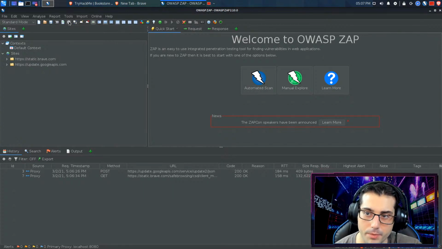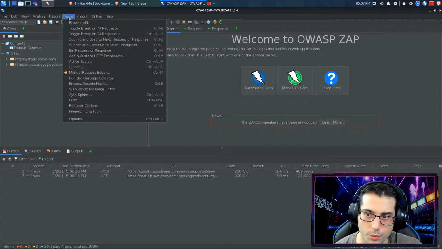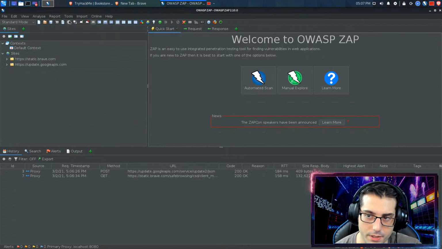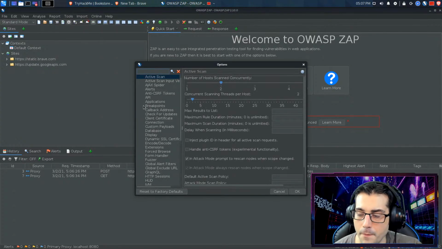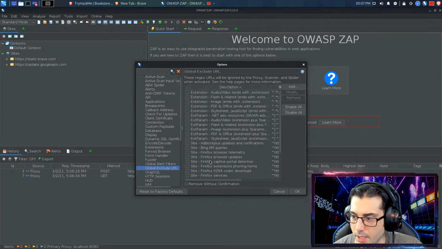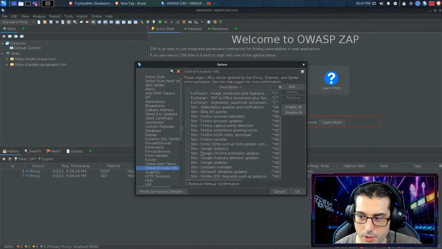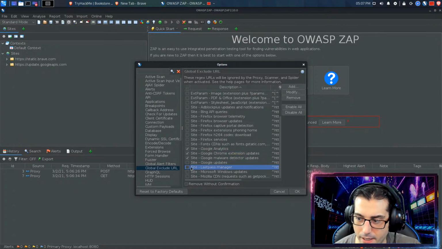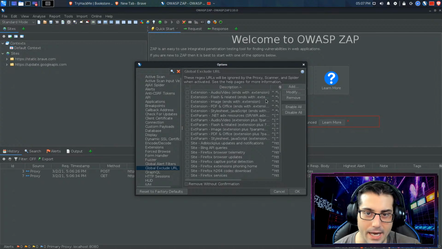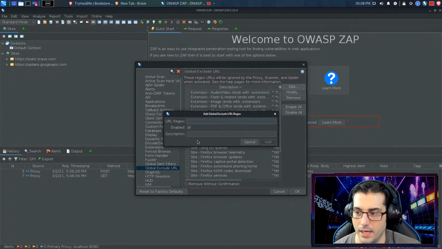So instead, I'm going to go up to my options here. I can either go to Tools and Options or click on this little gear icon. There's a global exclude URL. And you see there's already some pre-filled options, like a whole bunch of the Bing stuff, Google Analytics. You can see a whole bunch of this is going through, and I can enable all these, LastPass if I had that going. But if I want to add more, I can do that. I can click add, and I would do